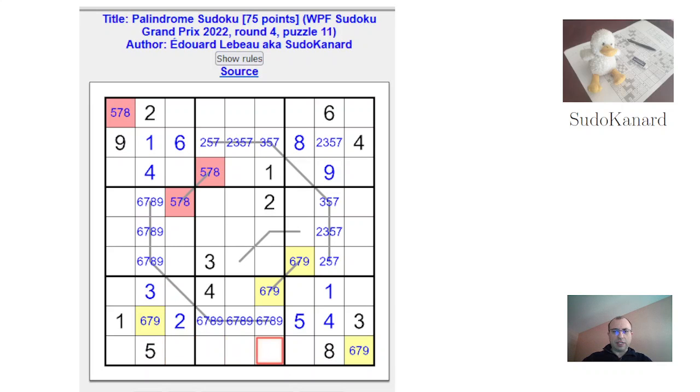Now this 5 is not here, so 5 goes there. This is now 1, 2, 3 triple, but this can't be 1 or 2 by Sudoku, so that's a 3. This can't be a 4, it has to be a 6, 7, or 9. There has to be a 4 somewhere here. There has to be an 8 somewhere here. And that's interesting,